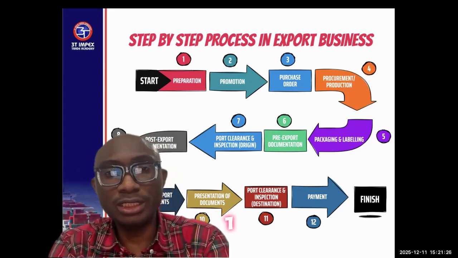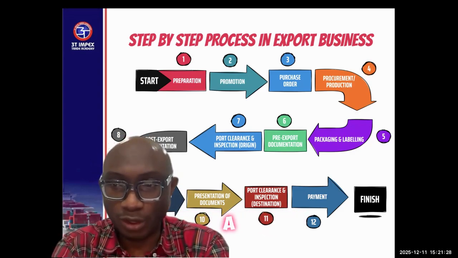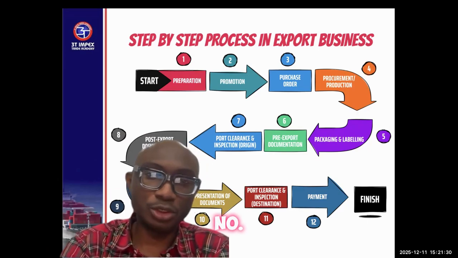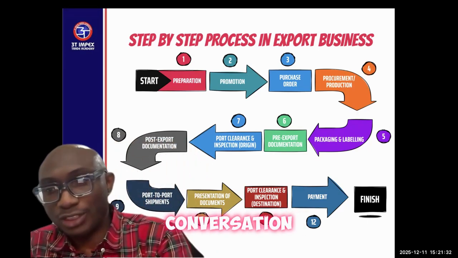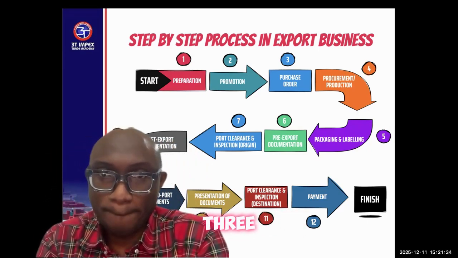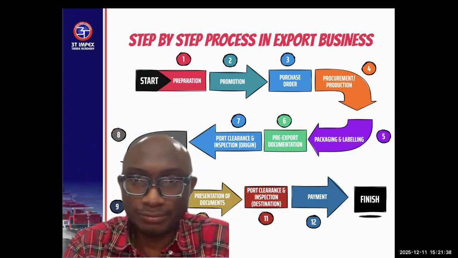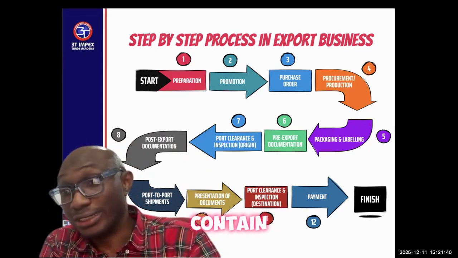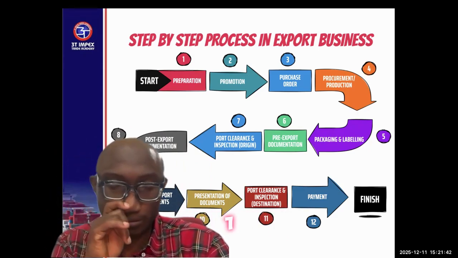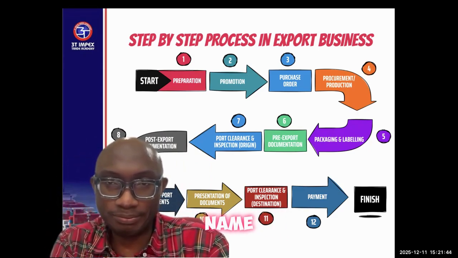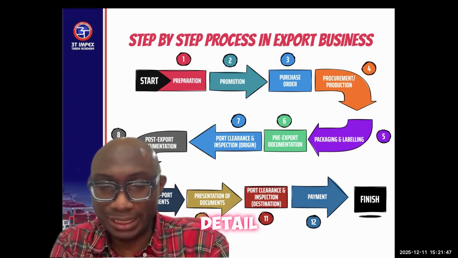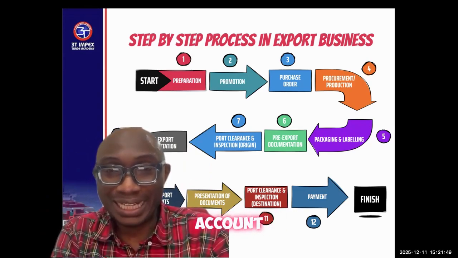So number one, preparation, we've had a conversation on that. Number two, promotion, we'll have a conversation on that. Number three, purchase order. What are the details contained in the purchase order? Number one, the buyer and the seller's name, the buyer and the seller's contact detail, the buyer and the seller's account detail,